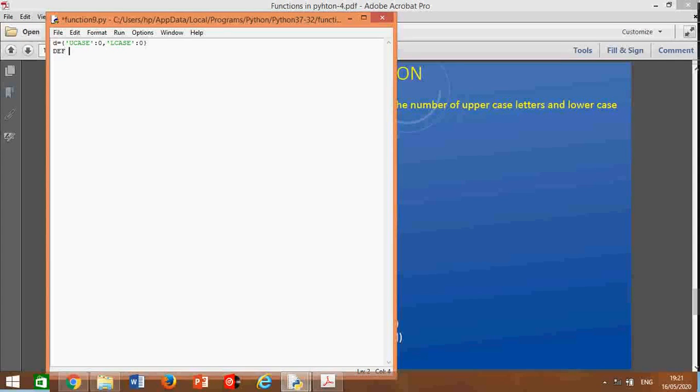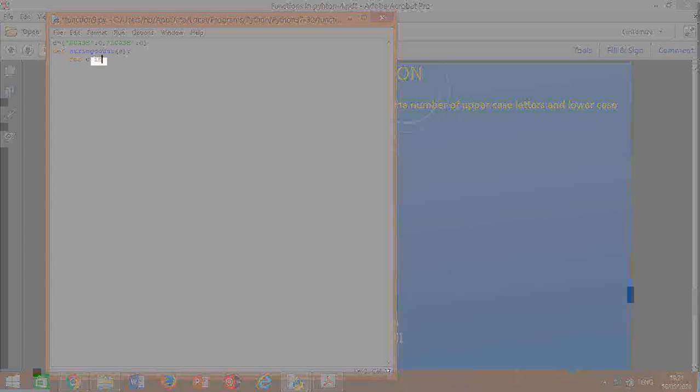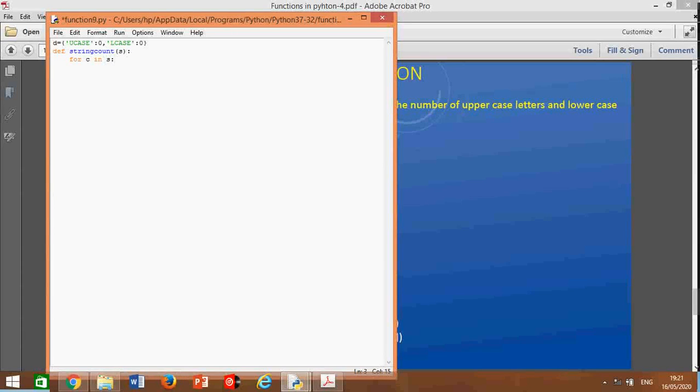Then def, the function name is string count, taking one parameter, say s colon. Now for c in s, a loop which will traverse the string character by character. Since a string is a sequence, a for loop can easily traverse it.